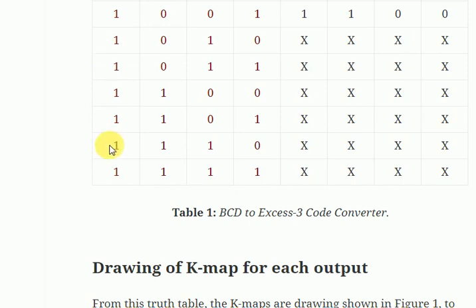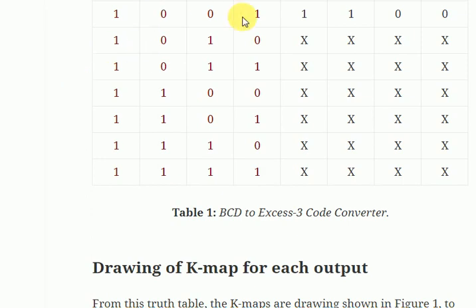Why are these invalid combinations? Because here we have 10, and when we write it in BCD, we separate it. This 10 will be separated as 1 and 0. So in BCD we write the code for 1 as 0001, and for 0 we write the code 0000.